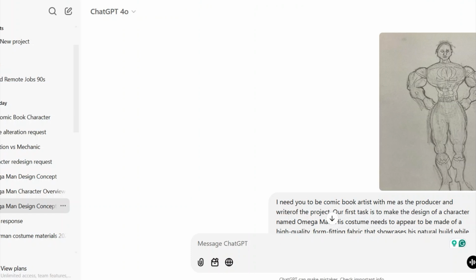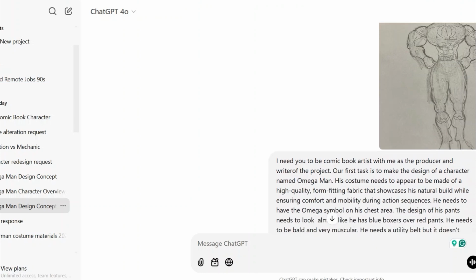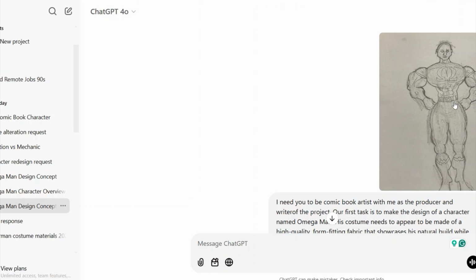So as you can see, I already did this here. This is an image, a drawing that I did of Omegaman. It's got the Omega symbol there. I wanted him to be kind of sleeveless, but as you'll see, I couldn't really get that done. And then later I developed for his story that he would have something similar to Superman, but it would be more like boxer short length, and it would be blue here and then red here, but you're gonna see that didn't work out. But yeah, let's get into it.